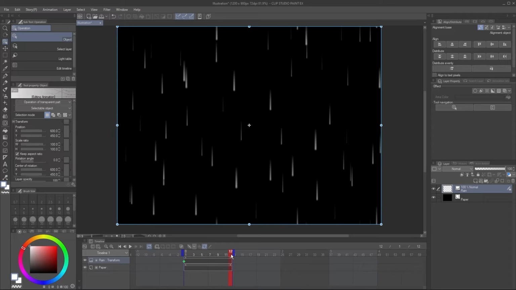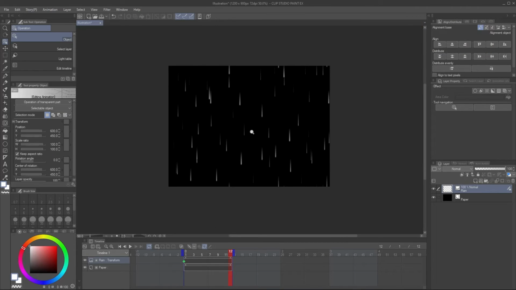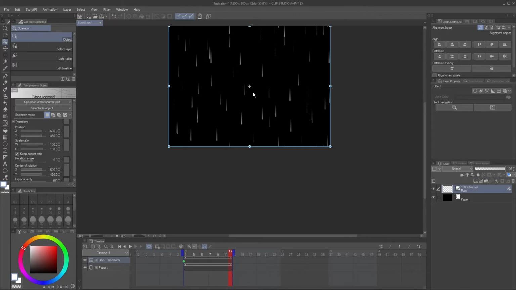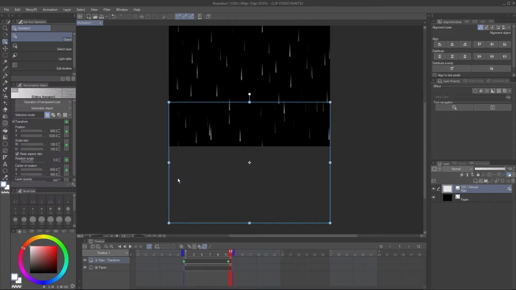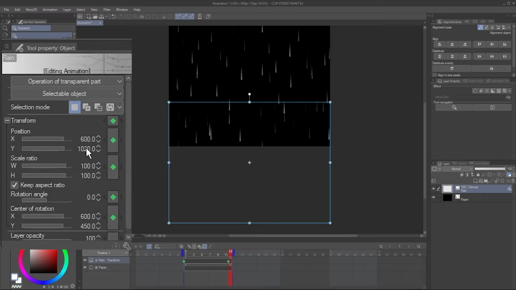Let's zoom out a little to see what we're doing. The shortcut to zoom out is to hold Ctrl-Alt-Space and then left-click. You can also just hold space to get the hand tool and use it to move the canvas up. You can manually drag the image down, but a more precise way is to just change the